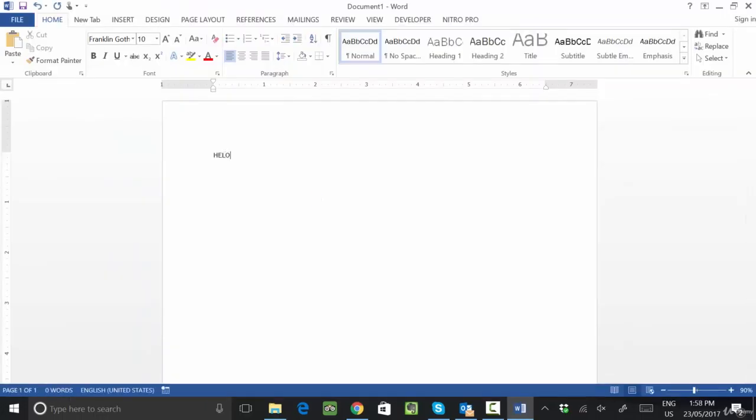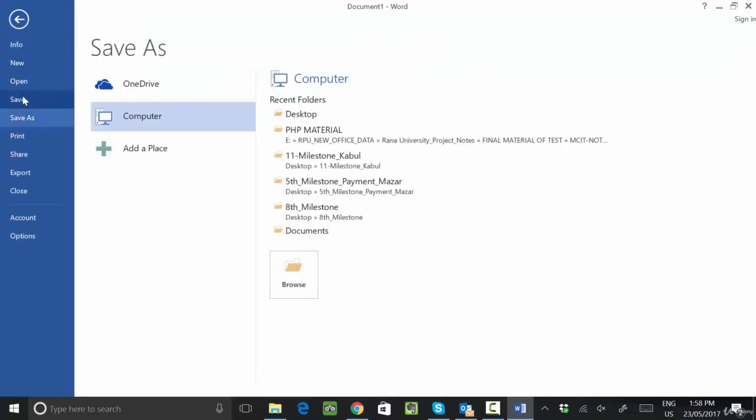Suppose I want to write something, and I want to save this text. The shortcut key is Control S for save, or you can go to File and click on the Save option.